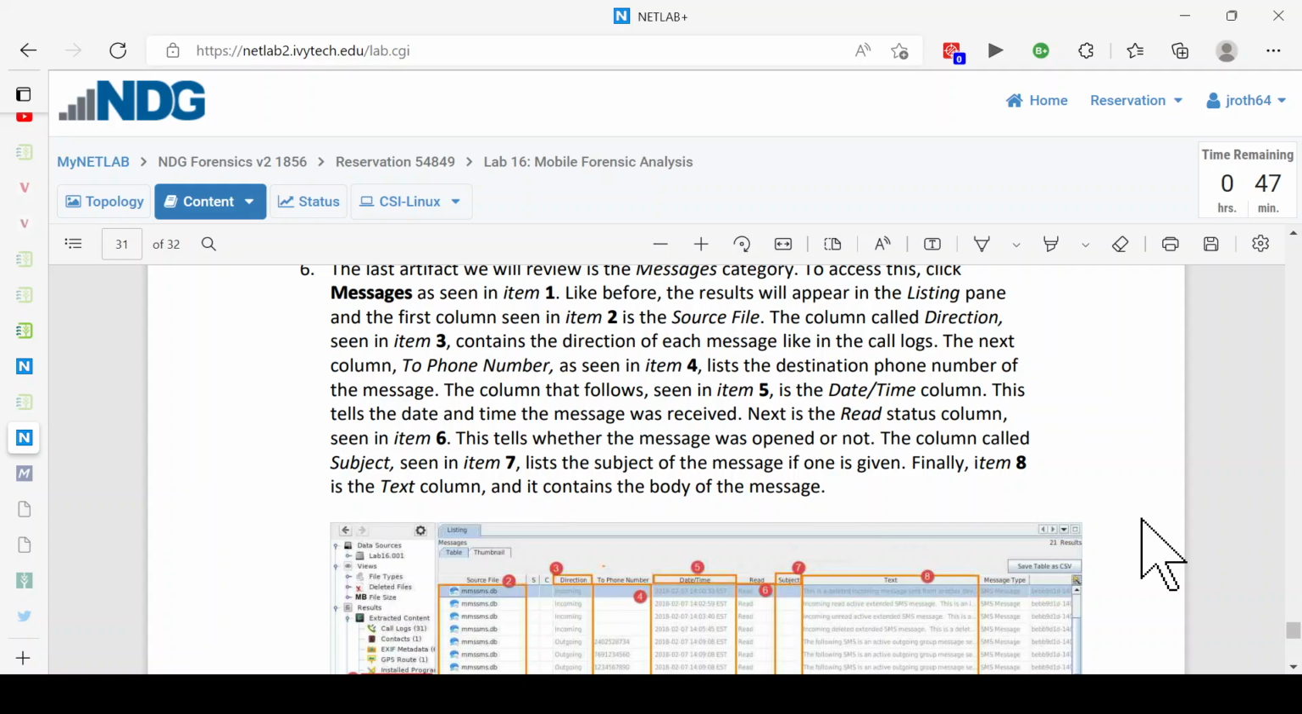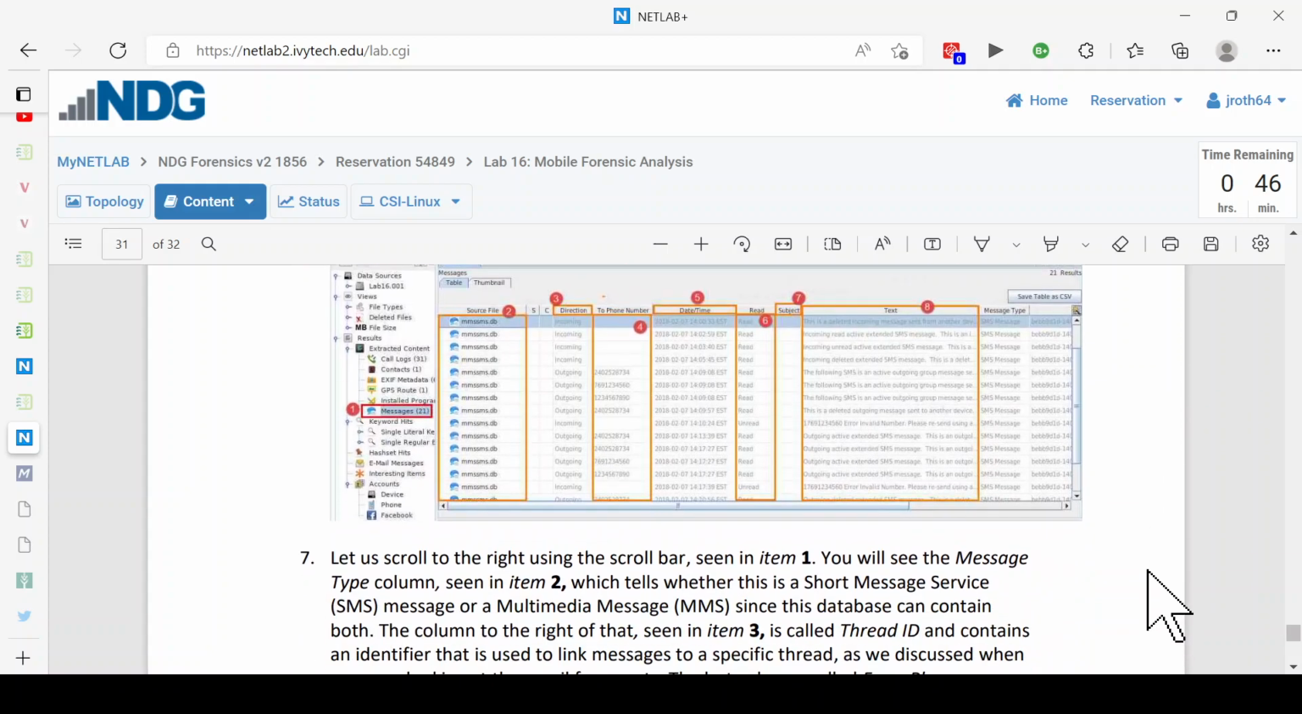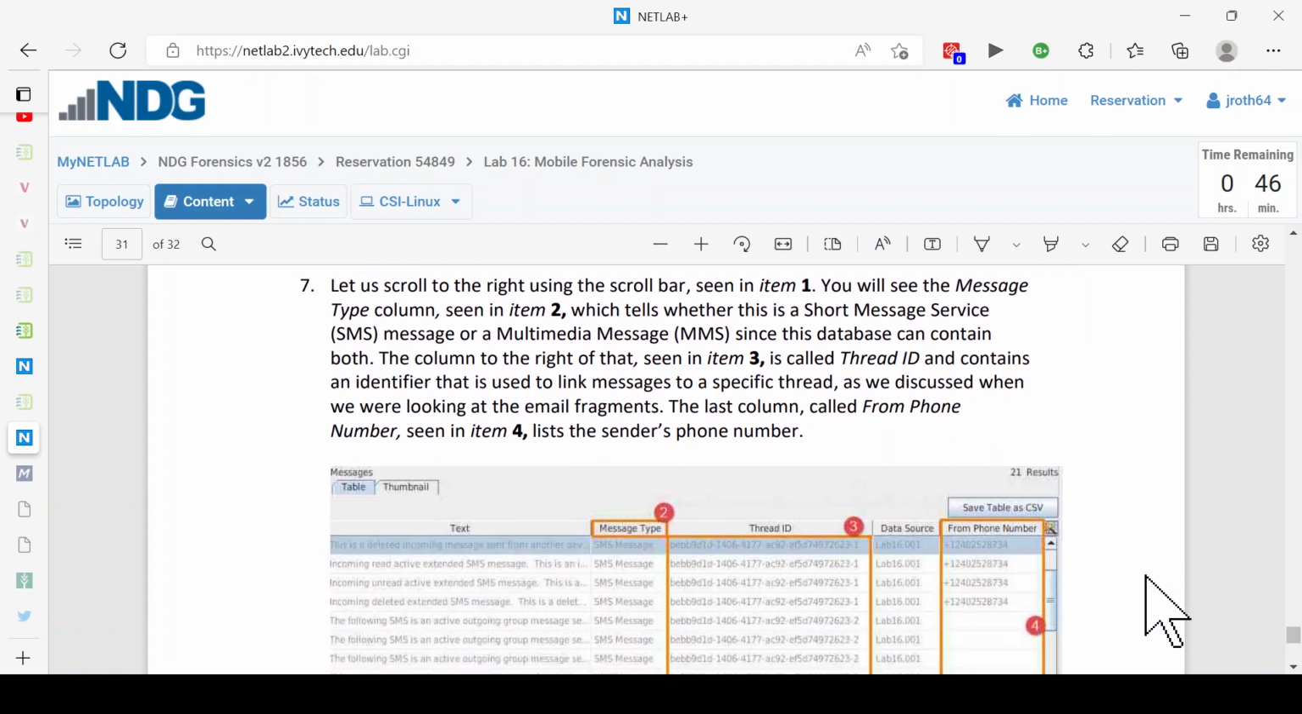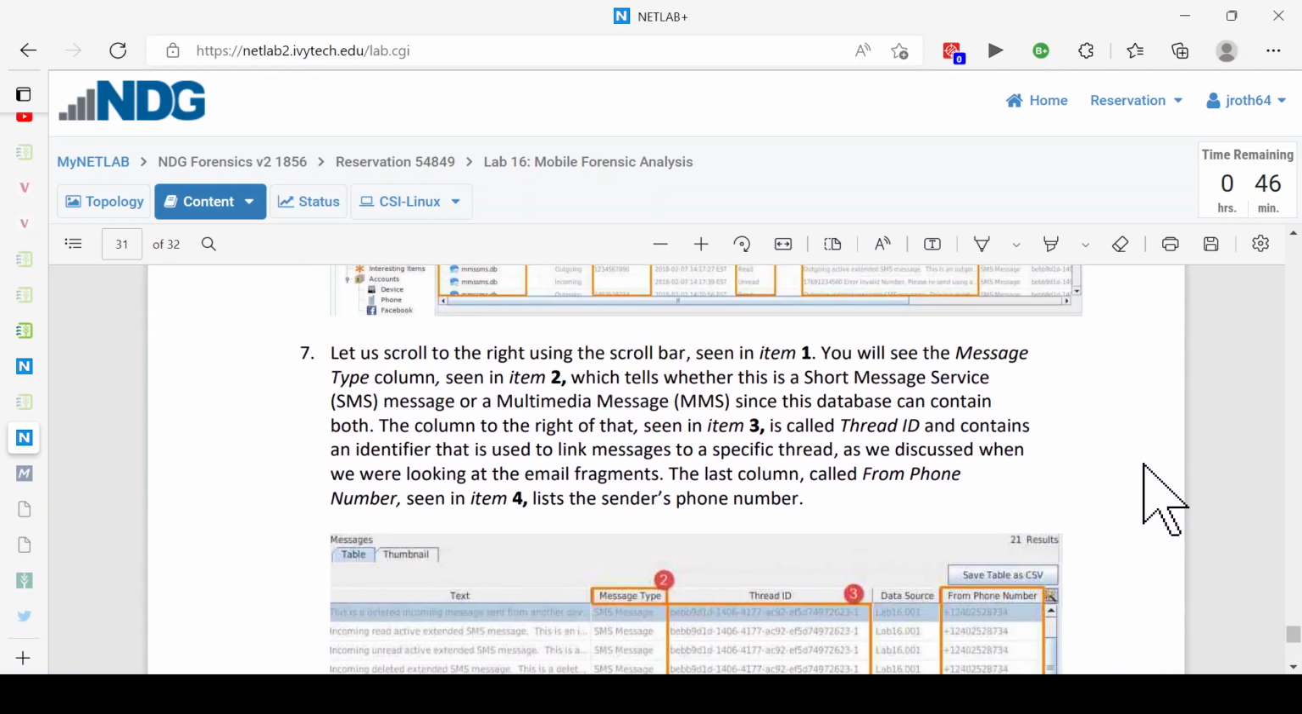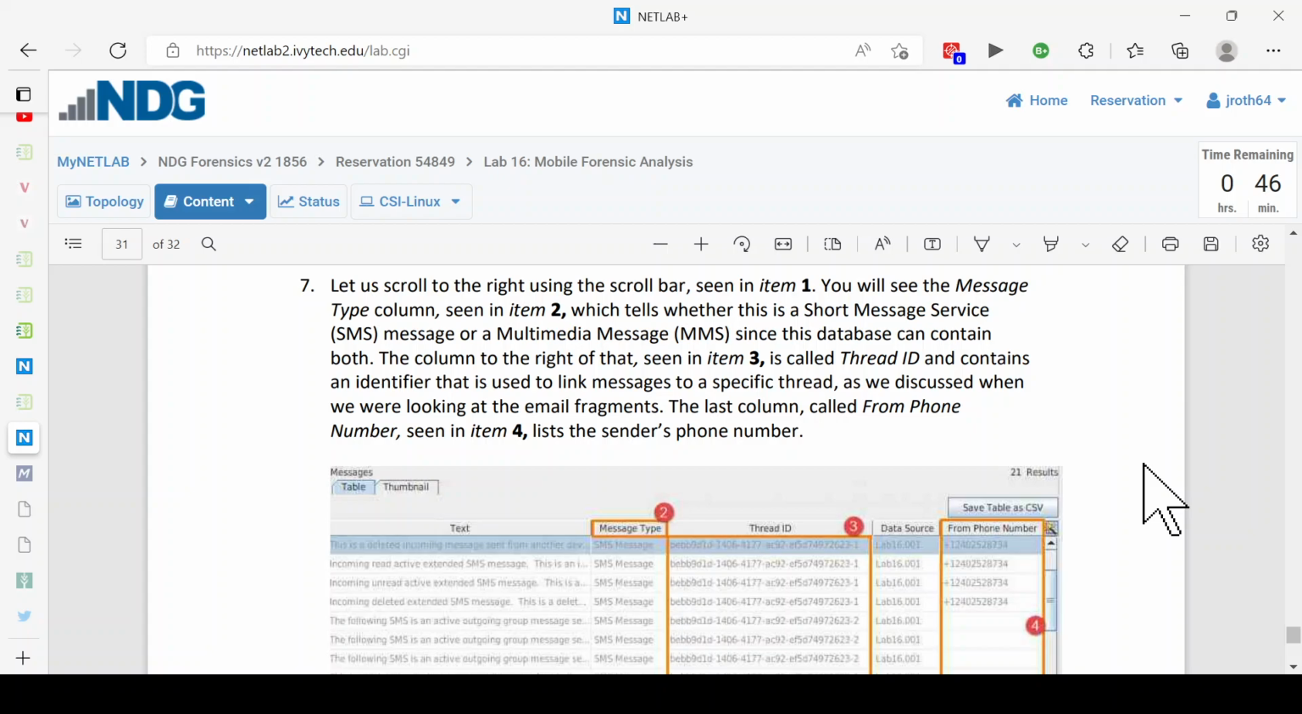Next is the read status, as seen in item 6. This tells whether the message was opened or not. The column called Subject, in item 7, lists the subject of the message if one was given. Finally, item 8 is the text column and contains the body of the message. Let us scroll to the right using the scroll bar at the bottom. You will see the message type column, as seen in item 2, which tells whether this is a short message service, SMS message, or a multimedia message,